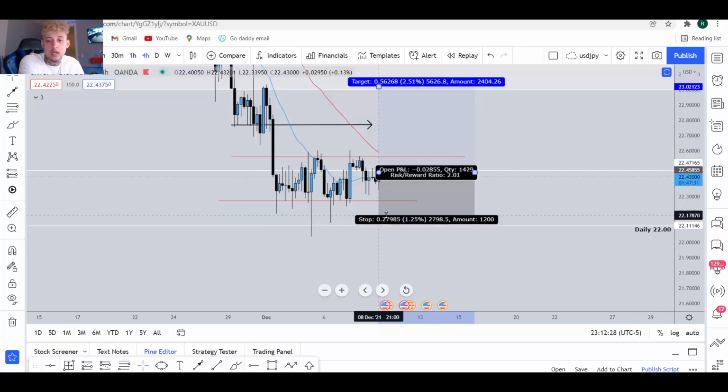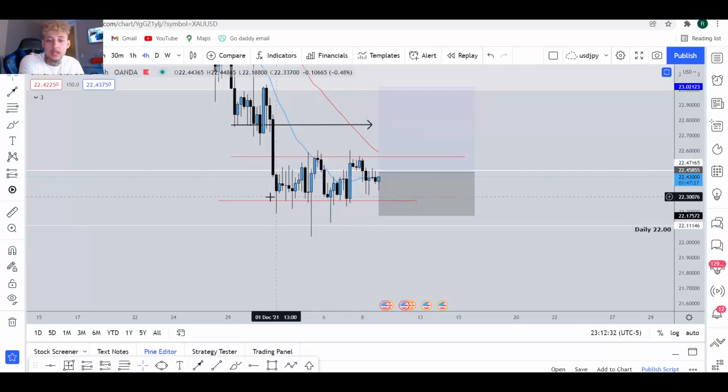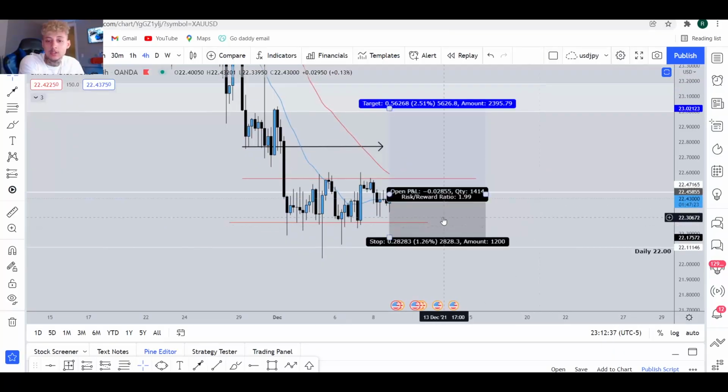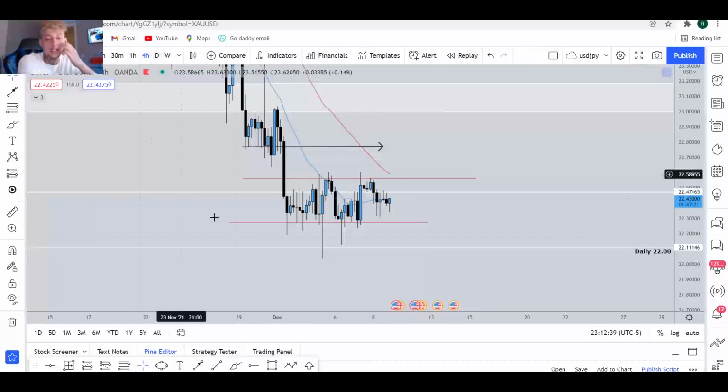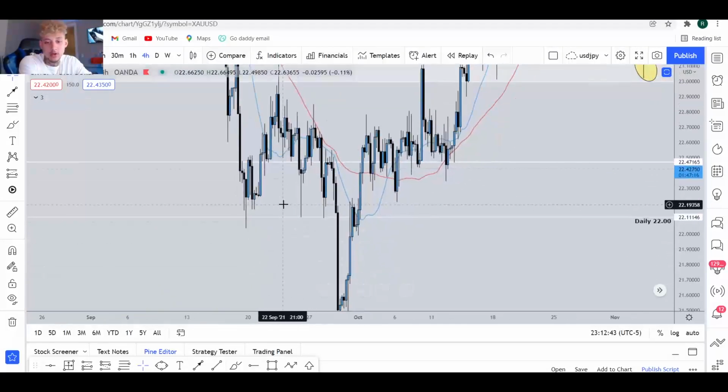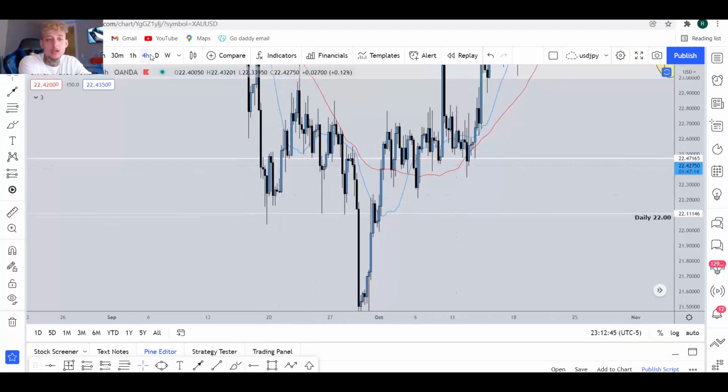I'm going to place my stop loss under the median of this level of support, because I'm giving price enough room to actually breathe, enough room to fluctuate. Then you could say the same thing here. If you enter here, and again, the closer you